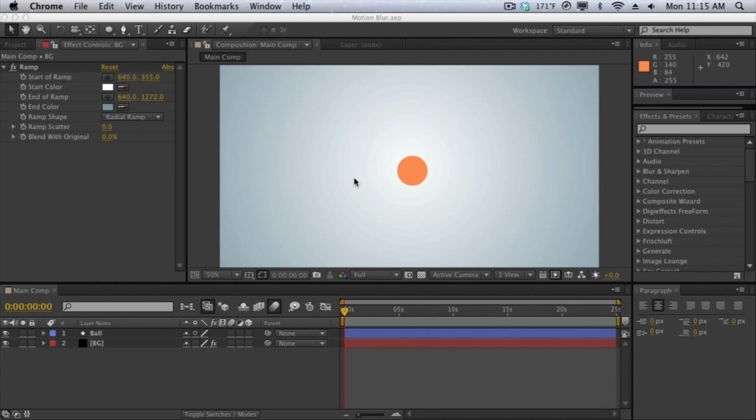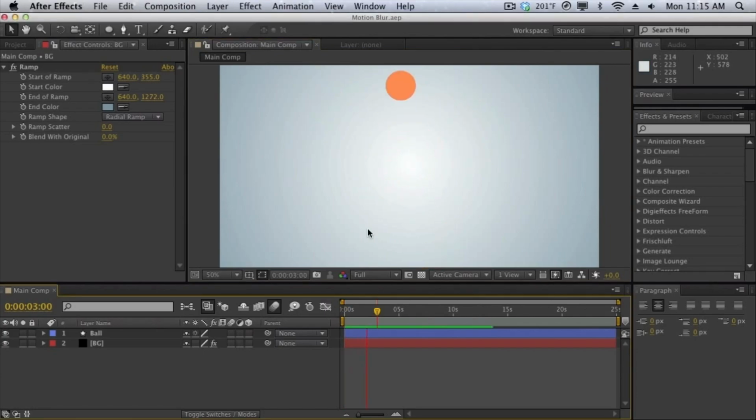So for an example here, I have this very basic motion graphics animation, and it's just a ball rotating around. If I do a quick RAM preview, as you can see, it's just a ball moving around, and at first glance, you may not notice anything wrong with it, but once you get more experience, you'll realize that, hey, this looks really funny. I don't know what's wrong about it, but it just looks funny,